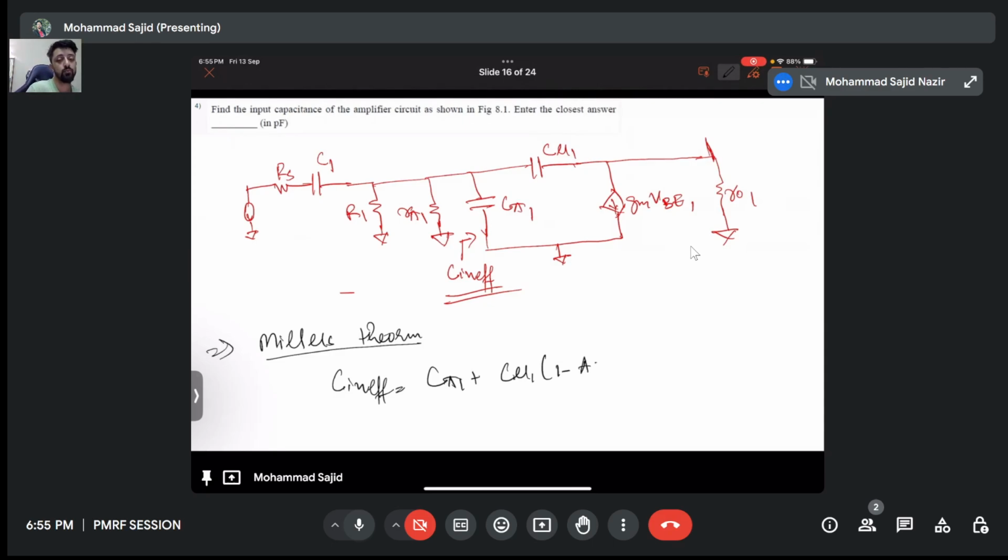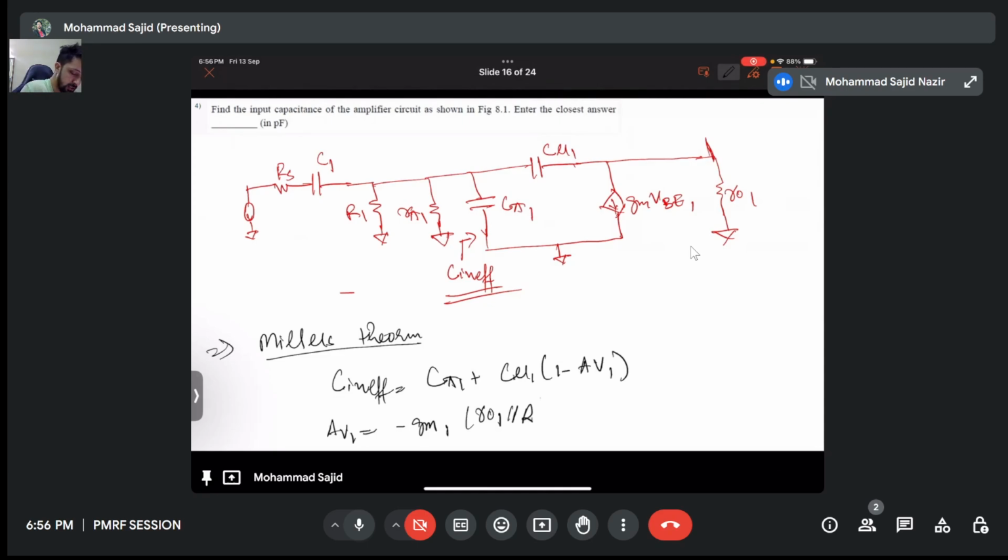Here we just need the gain of the first transistor only. And AV1, if I directly write it now, it will be minus Gm 1 times R naught 1 parallel